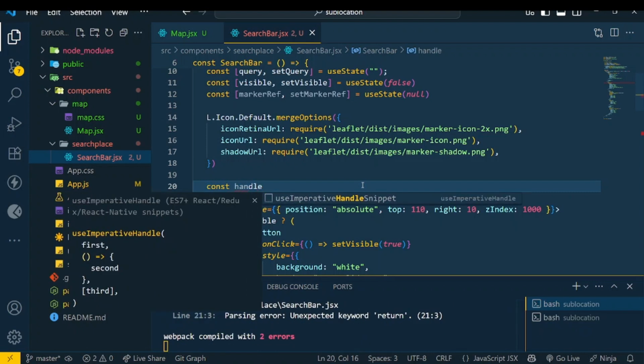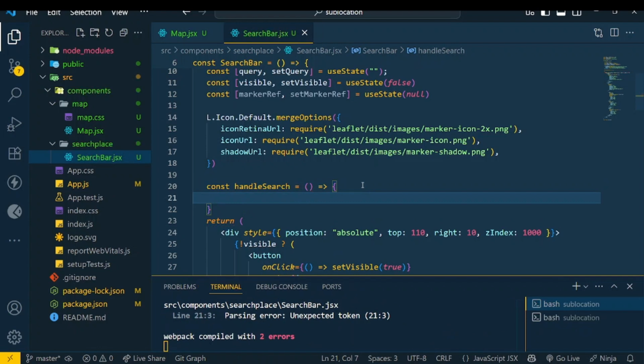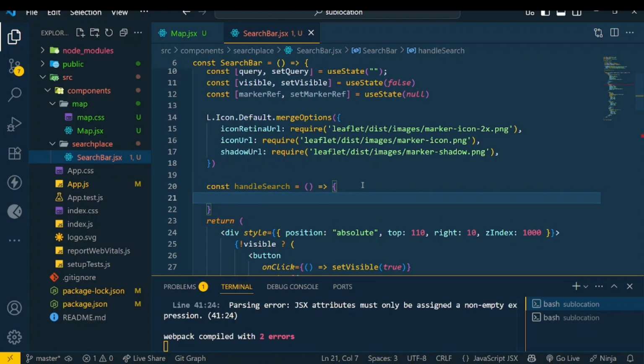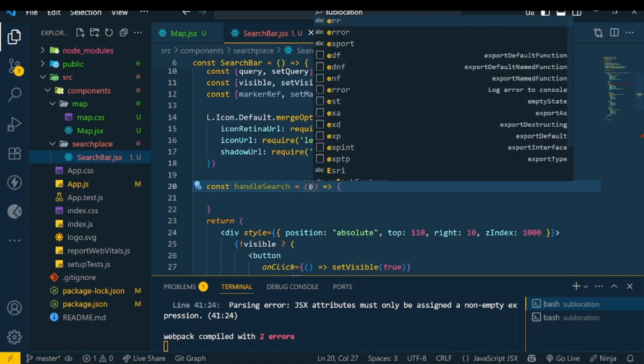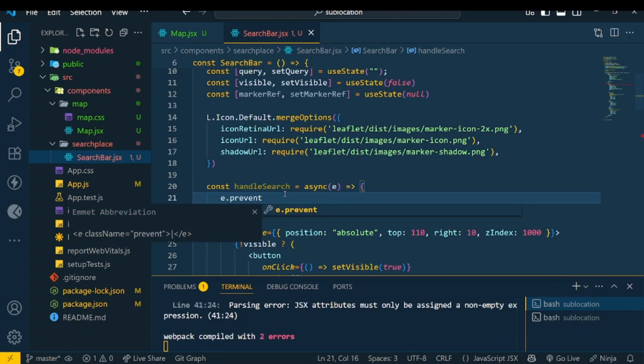Okay, so here I'll type const handleSearch is equal to, this is an arrow function, and it is going to have an event. So inside here we can pass event, and this is an async function because we are going to search something and wait for a response. So I say event.preventDefault,